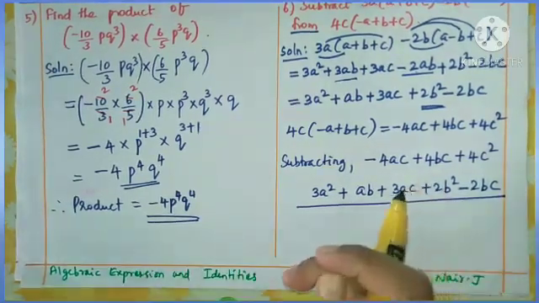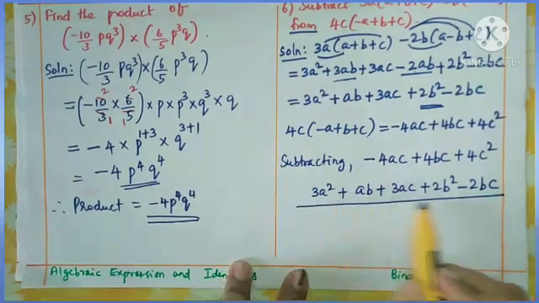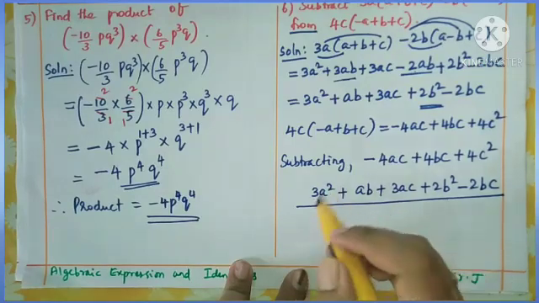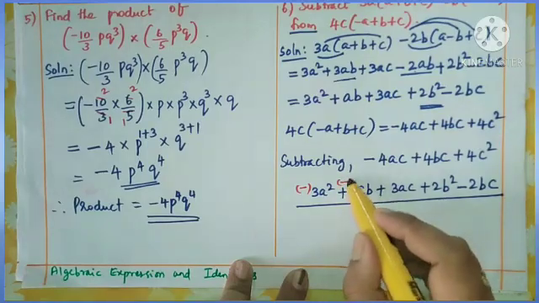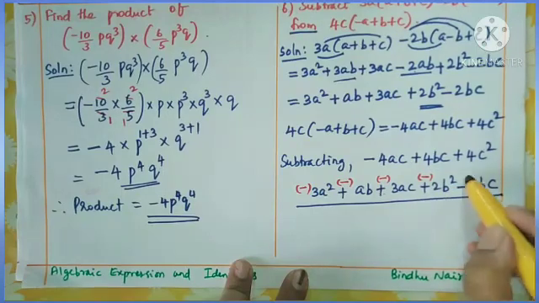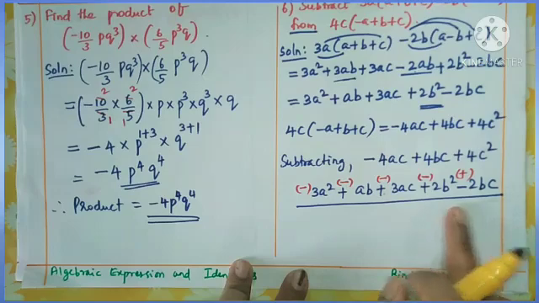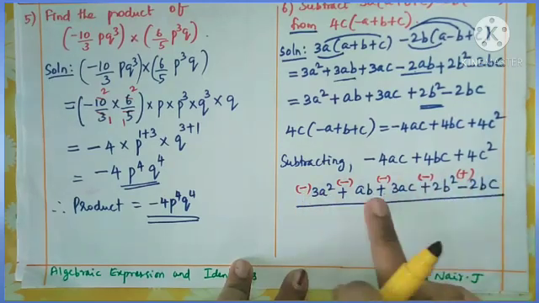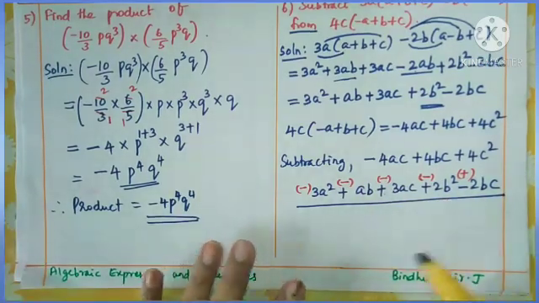Now what I said earlier, when you are subtracting, you change all the terms of the second polynomial, take the additive inverse. So this term was plus already, so this becomes minus, this also becomes minus, this also minus, this minus, and this becomes plus. This is the first step when you are doing subtraction: change all the signs to the inverse sign. Now you can collect the like terms.